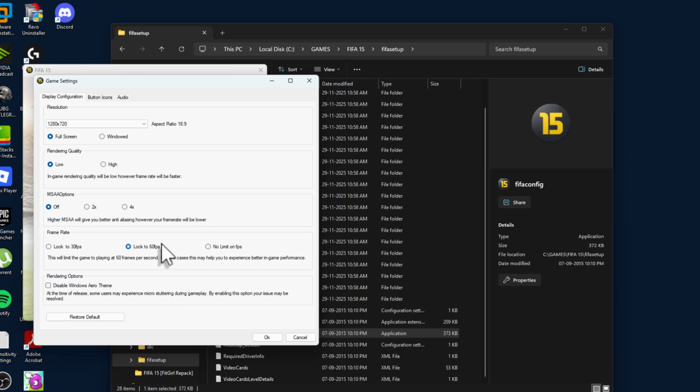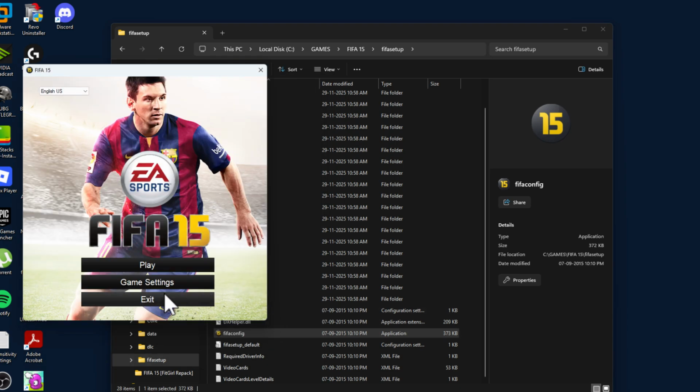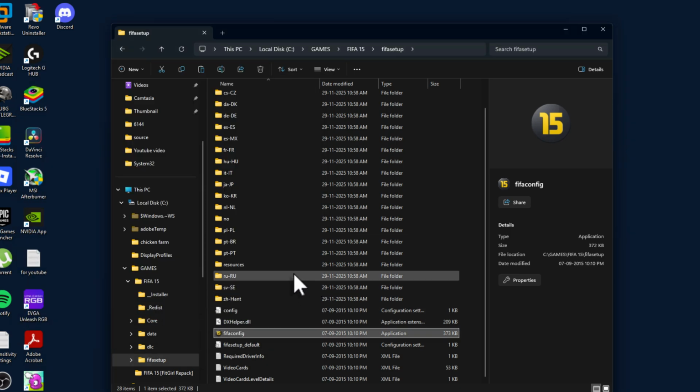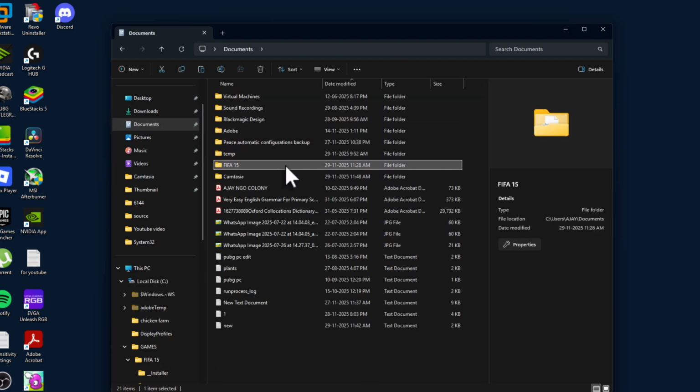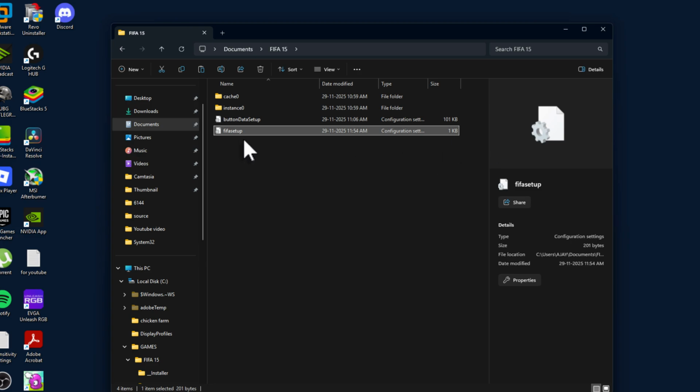Select the game settings. Set the resolution to 1280 by 720 and set the full screen option. Render quality low. MSAA options off. Frame rate, set no limit on FPS and leave the render options unchecked, select OK and just exit this. And now go to documents, double click on the FIFA 15 folder and you will be able to see FIFA